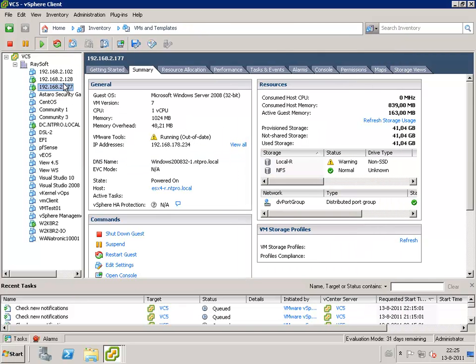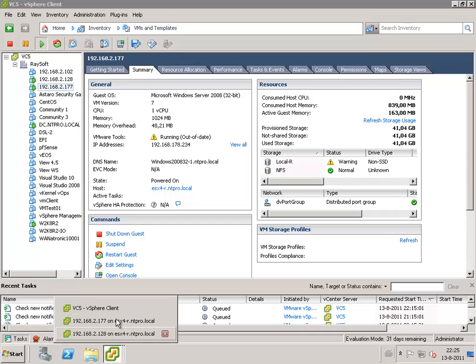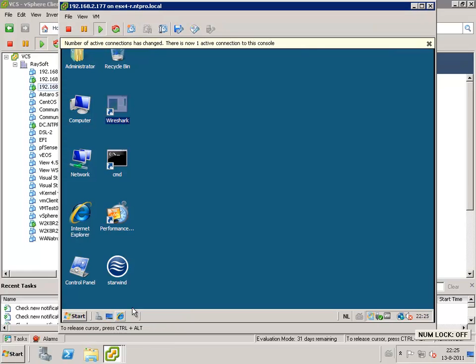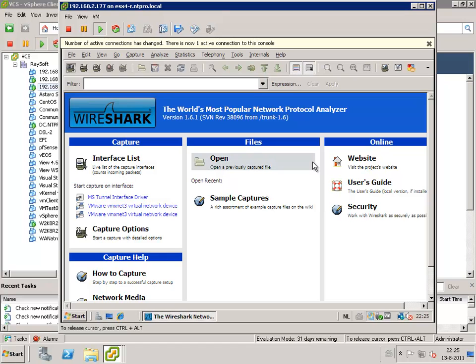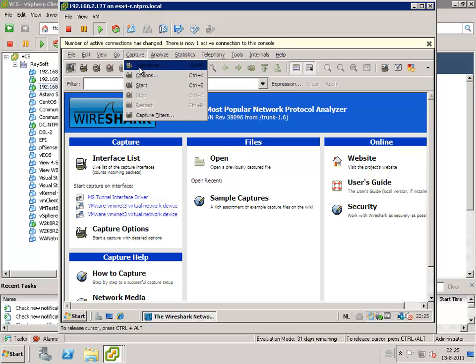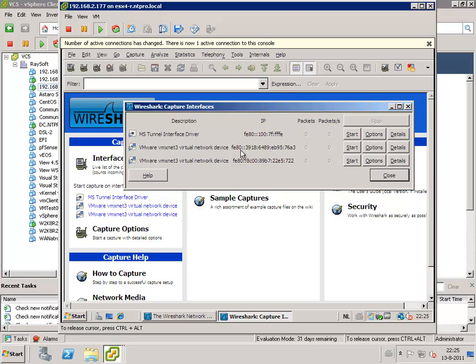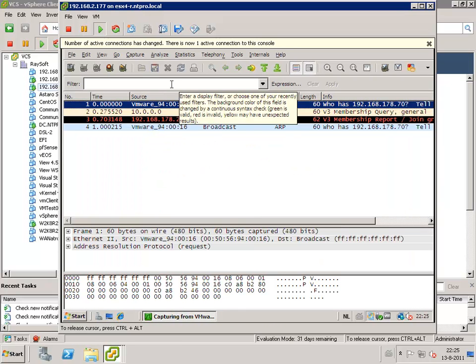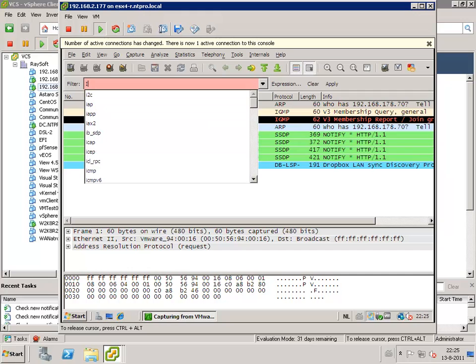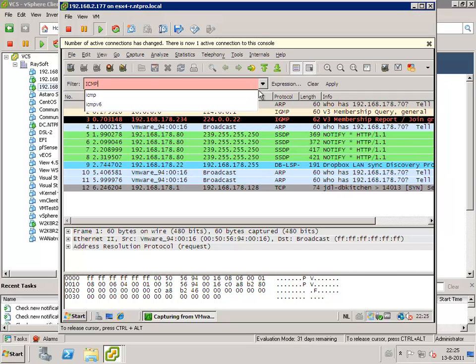So when I go to my monitoring virtual machine, which has 2 network cards and one is attached to port 10, I've installed the Wireshark software, which is available at wireshark.org, free and completely open source. I go to the menu capture, then interfaces, and this second interface is the interface that is connected to port 10. I'm going to start monitoring traffic,